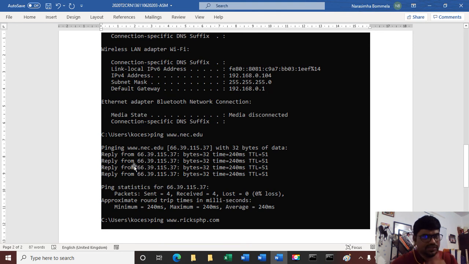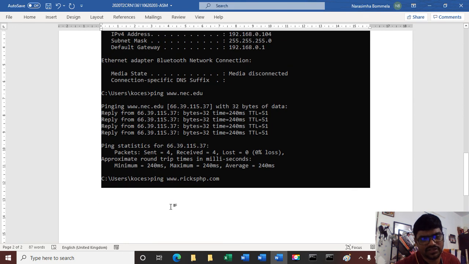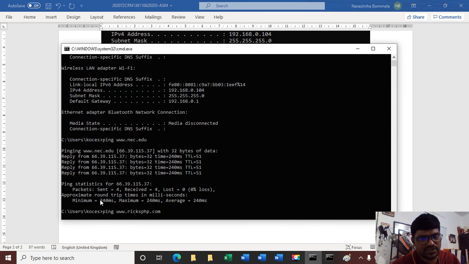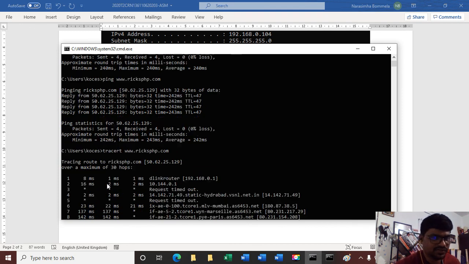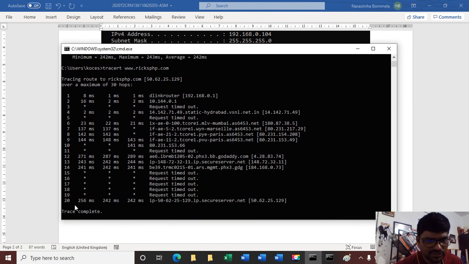You can say that when NEC was pinged, it successfully received replies from the website, and it is observed that the website IP address is 69.66.39 point something. We sent 4 packets and received all 4 packets from the target, and the total duration it took to reach the target is 240 milliseconds. For reaching the second one, it took 256 milliseconds to complete the process.